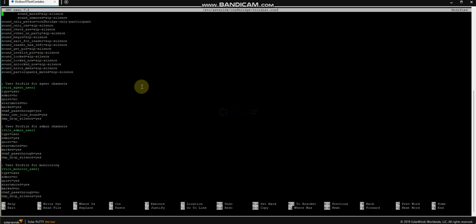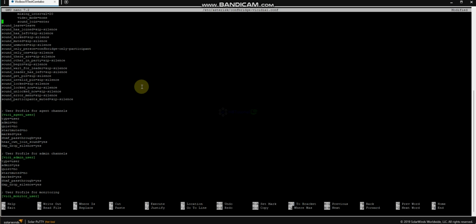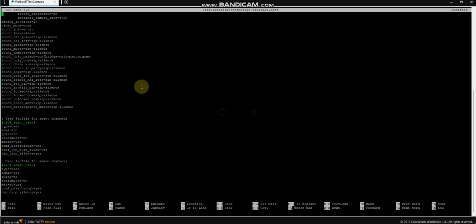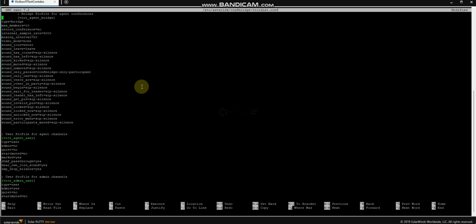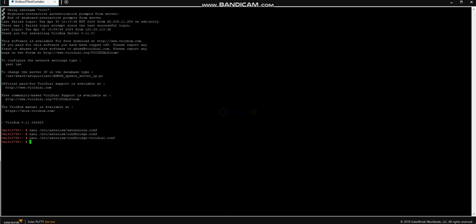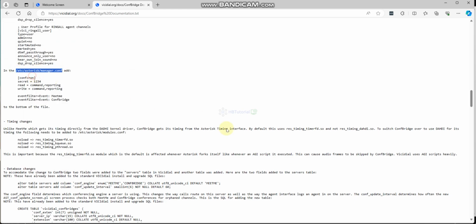So be careful when you're deleting the space. Sometimes you delete extra, so just be careful here. Okay, it looks good. Control O, enter, exit. And then you need to go to manager.conf again and copy.